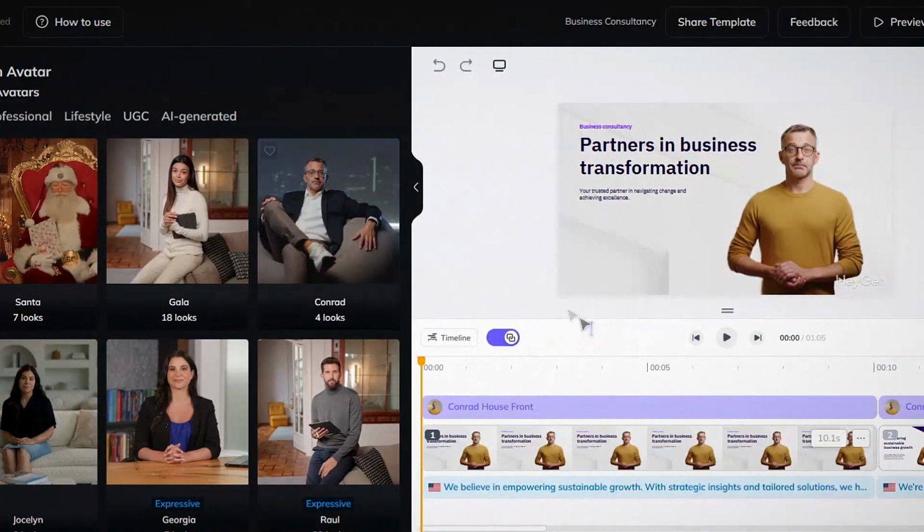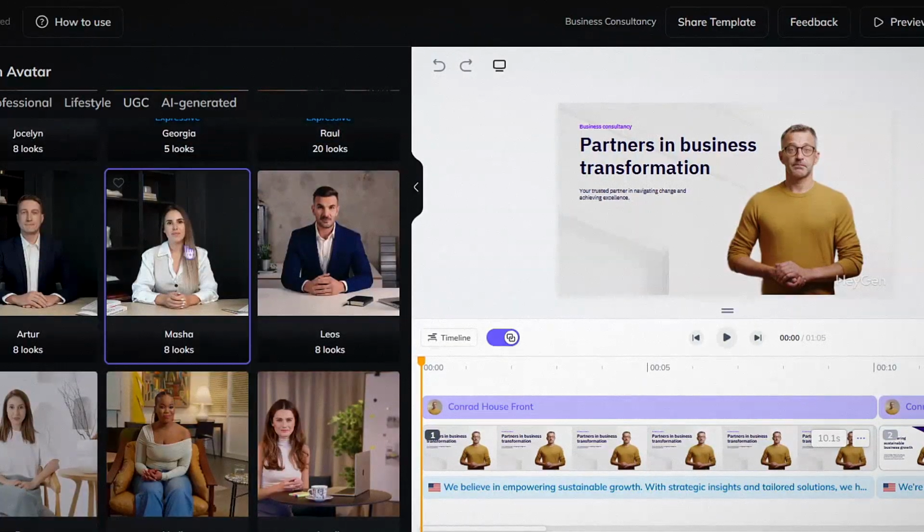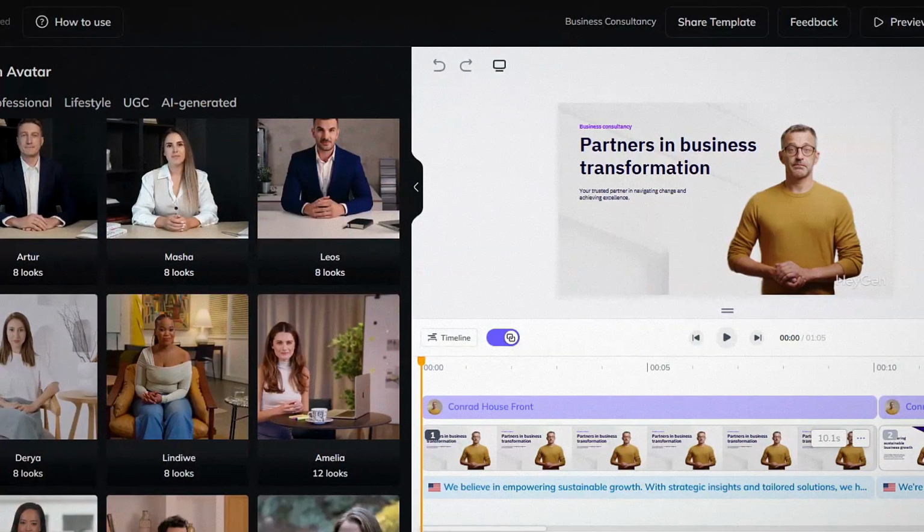This is where you can check the quality and make sure everything looks and sounds right. The platform even has a side-by-side comparison feature, so you can watch the original video next to the translated version. Once you're happy with the result, you can download the final video file. That's it. The translation is complete and ready to share.